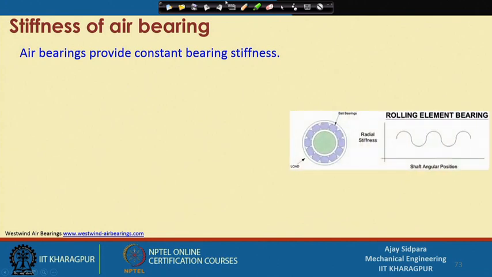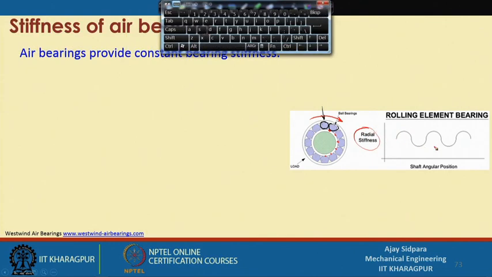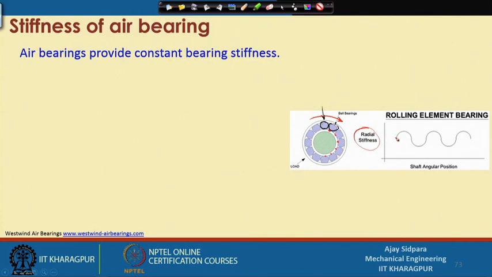Because if you see this roller bearing, roller bearings have different types of rolling elements. These are the rollers. What is going to happen when it is under loading? At that time contacts are here only. So, these are the contact points with the shaft. This is the shaft and this is the bearing. When it rotates, at that time these contact points create a very large variation in the stiffness. So, this is the variation in the stiffness,